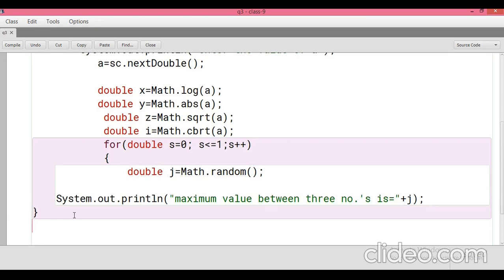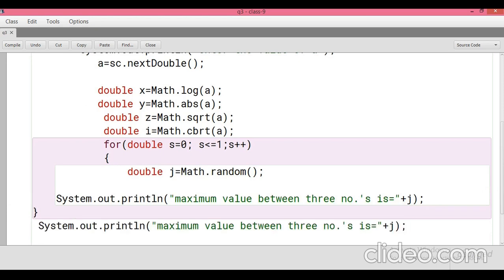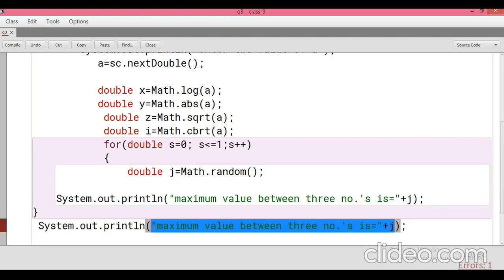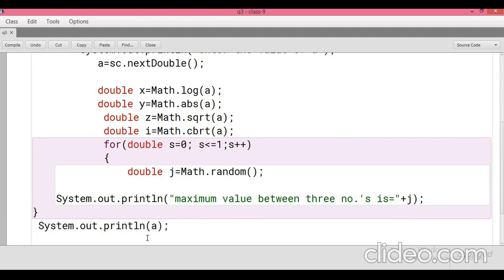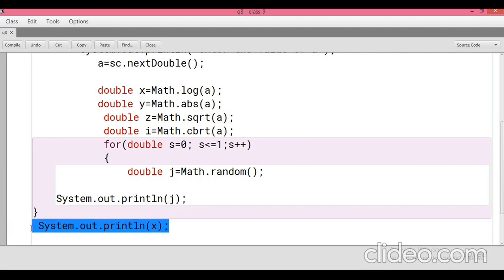Outside the loop I am printing here using system.out.println. First I am printing the logarithm. The output of the log will come in the variable X. In the same way you print the different outputs of different values.